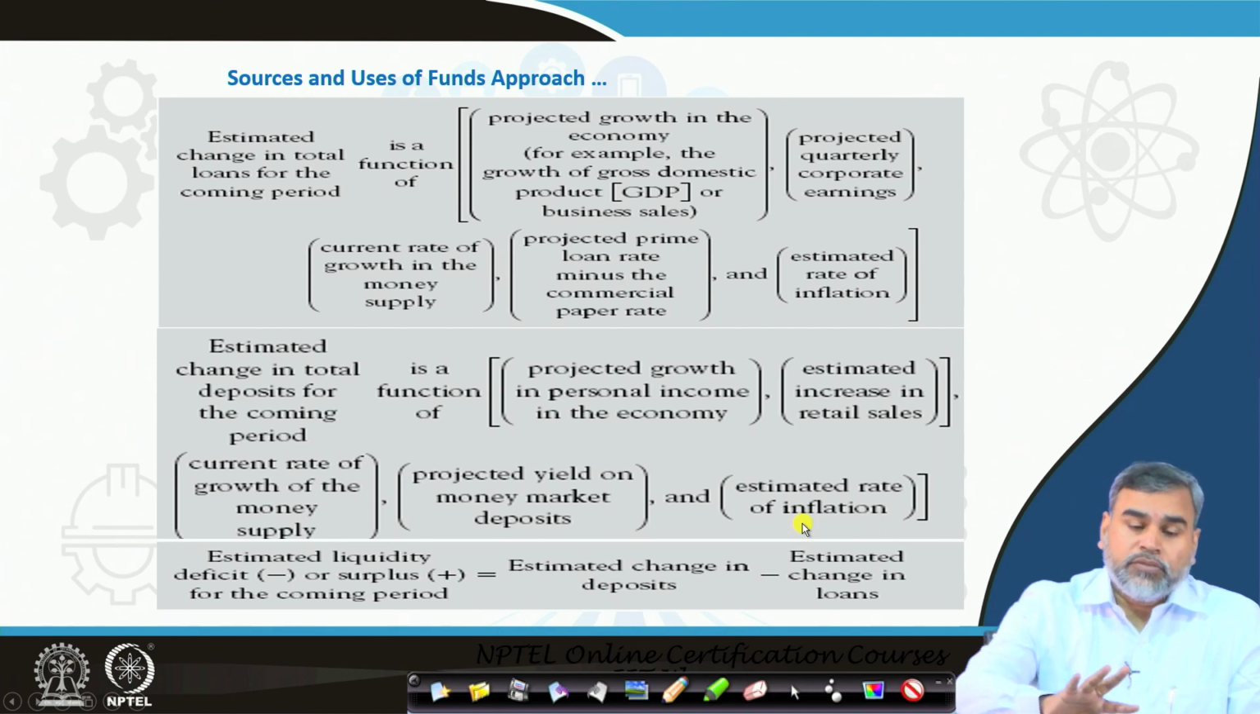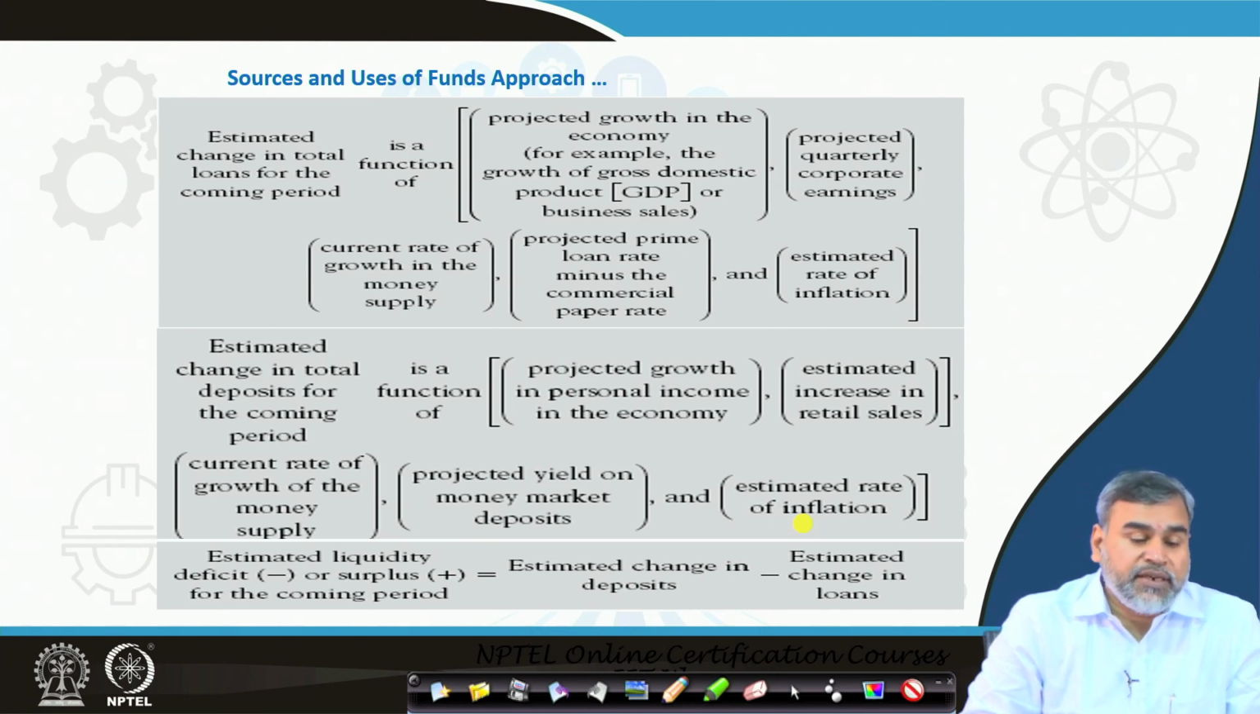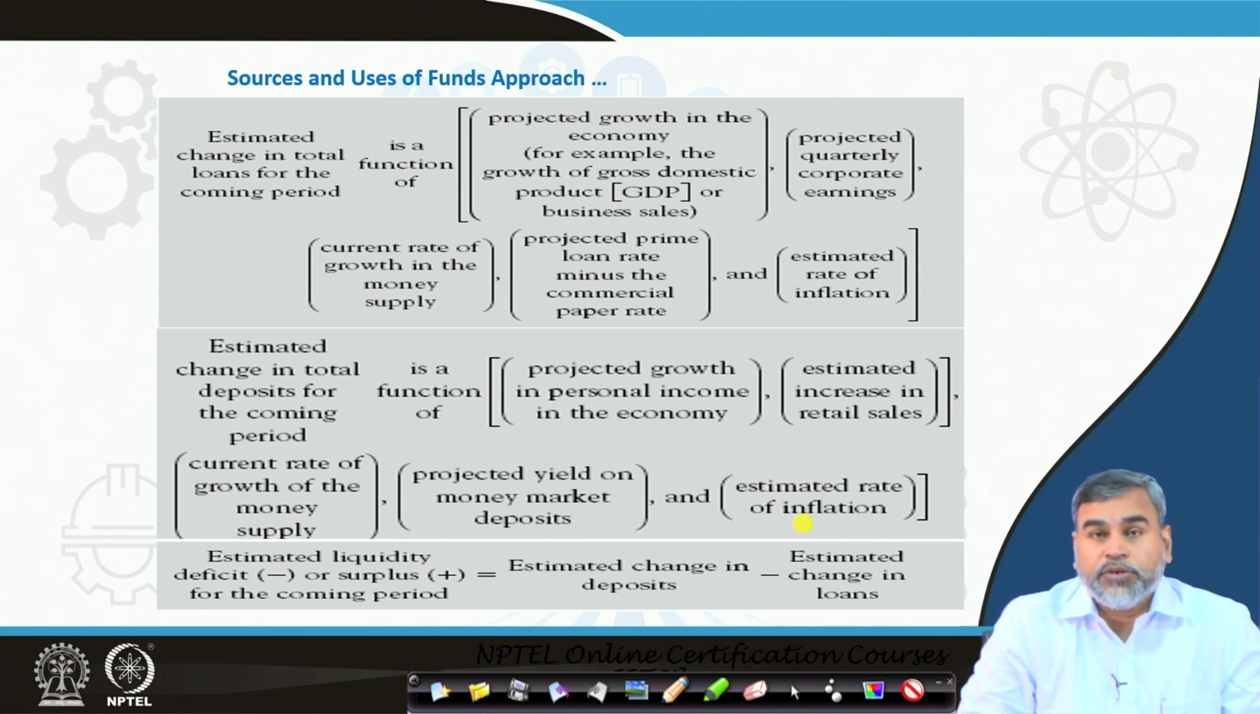So, if you summarize this, what you can see is which factors are responsible for the estimated change in the total loans for the coming period, and which factors are affecting the estimated change in the total deposits for the coming period or the future period. The estimated change in the total loans for the coming period is a function of, as we already said, growth in the economy,